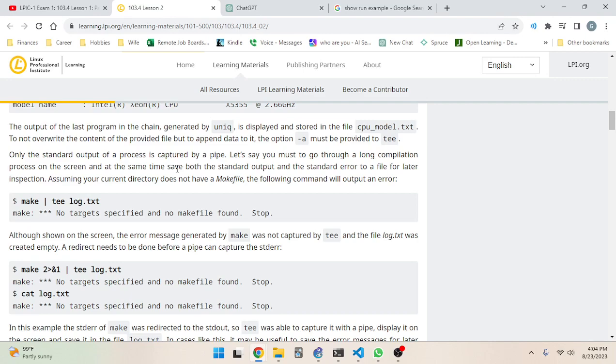Only the standard output of a process is captured by a pipe. Let's say you must go through a long compilation process on the screen, and at the same time save both the standard output and the standard error to a file for later inspection. Assuming your current directory does not have a makefile, we're going to learn about makefiles. I need to know about makefiles. They're so relevant to Python. I'm really glad I'm going to learn about those. The following command will output an error. So make,